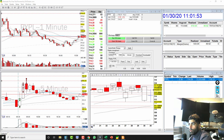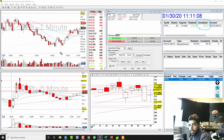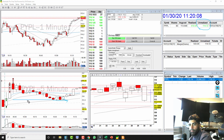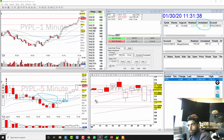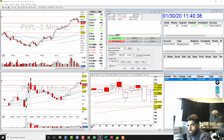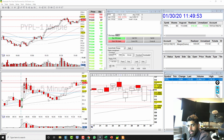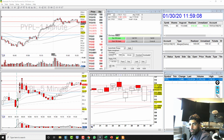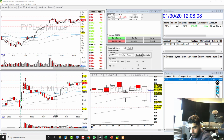One way of seeing your break-even point is when your unrealized P&L becomes zero. So it almost hit my break-even point, and it easily lost the VWAP. You can easily see that it's lost the VWAP. But it's interesting, I just want to see what happens during the day. I probably got out here at the break-even point because it almost hit the VWAP. But if you're patient and you don't have a lot of shares left, I mean,